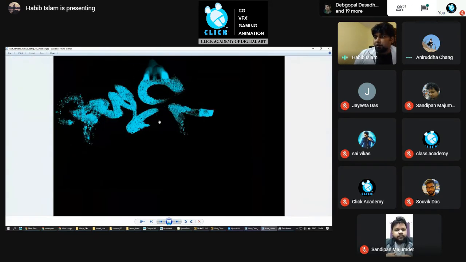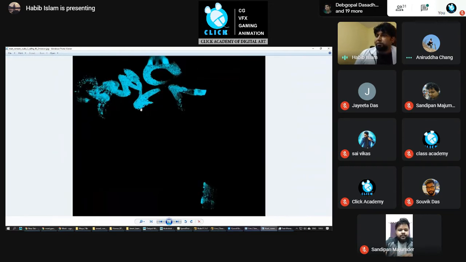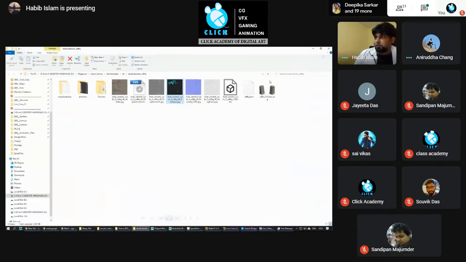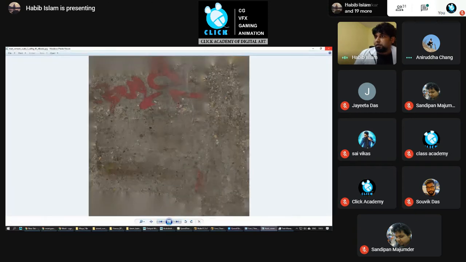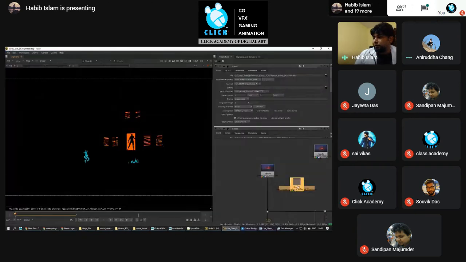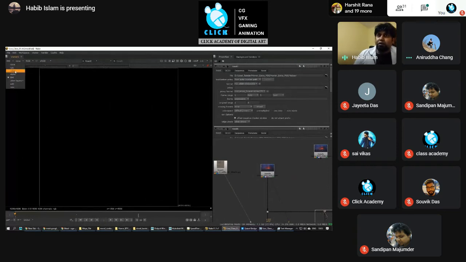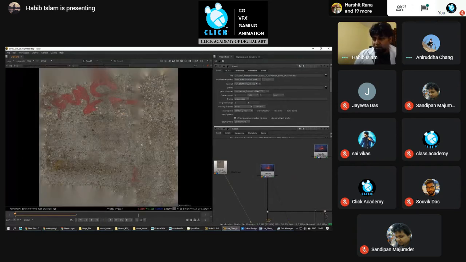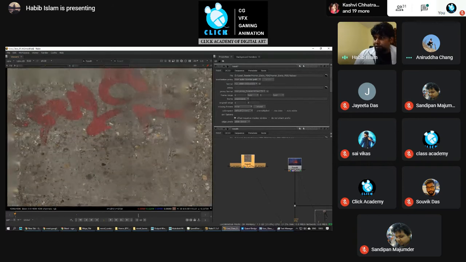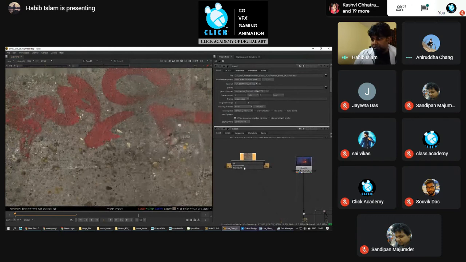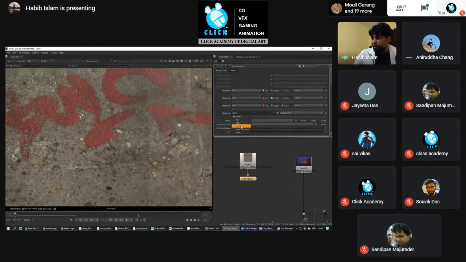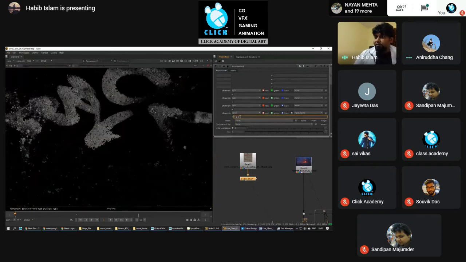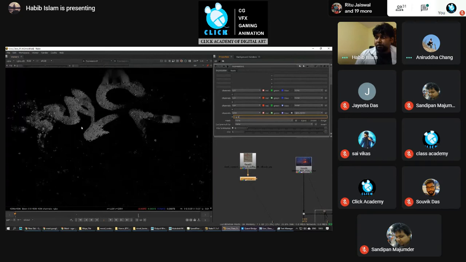Okay. So this is how I created that emission pass. This is one separate pass I've created using the textures. So this is the texture. I've taken out the red information from the texture, which you can do in Nuke. No need to go to Photoshop. If you know Nuke pretty well, then obviously a lot of things you can do in Nuke only. This is my diffuse pass. I've taken out the red using one expression in Nuke. So this is some expression, and using that you can take out the red.